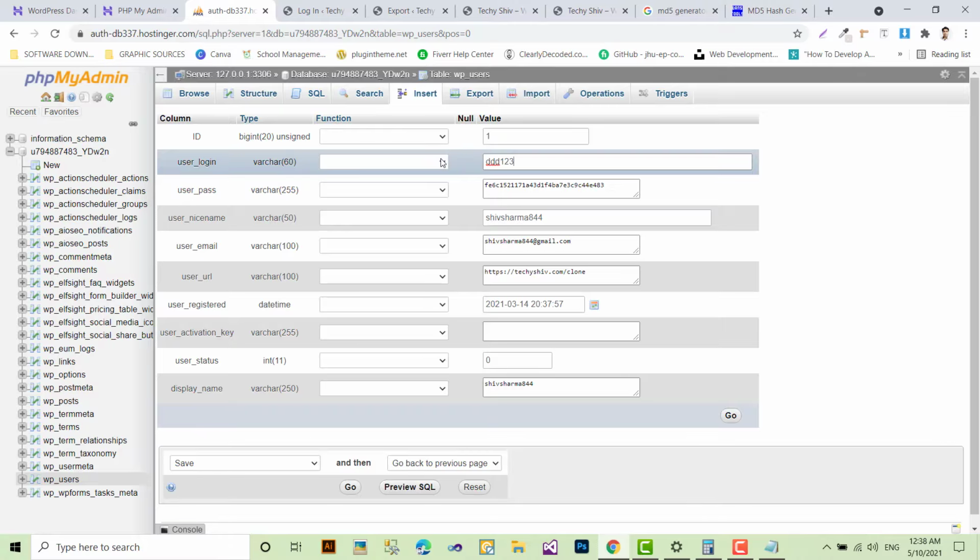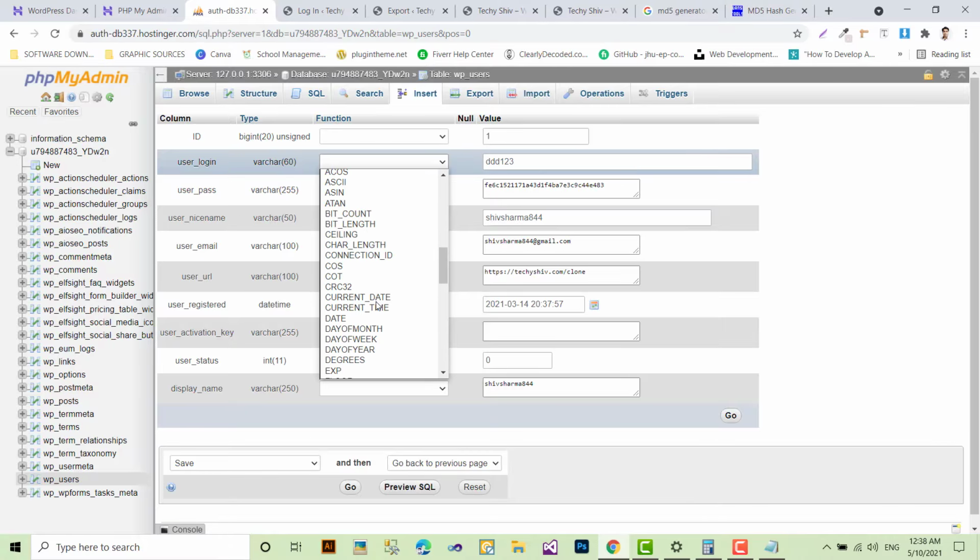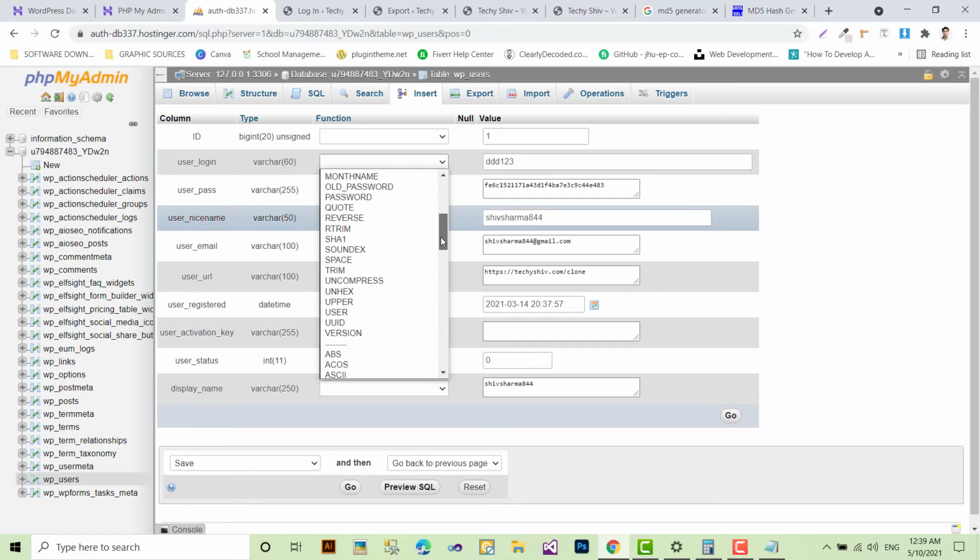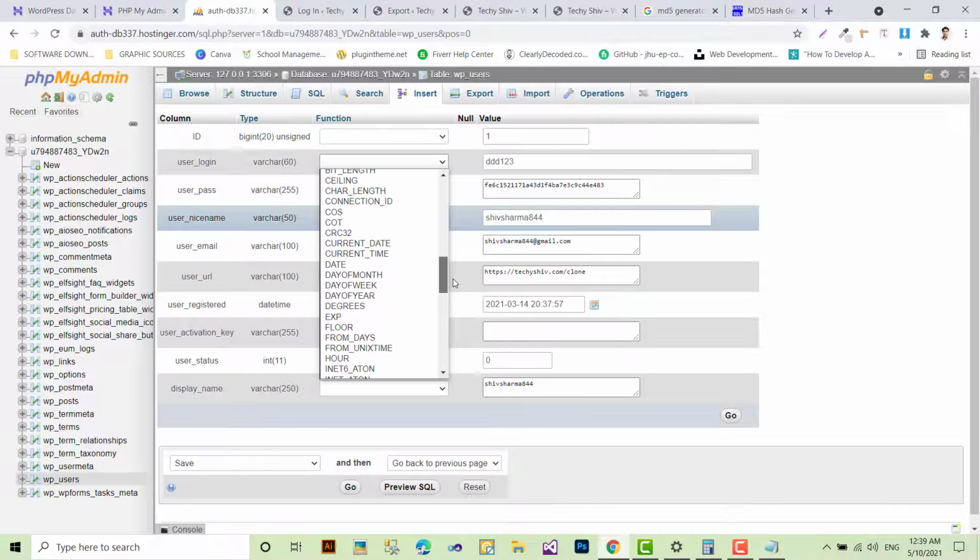DDD123, worker, where is the worker? Character, length, what should be the variable?